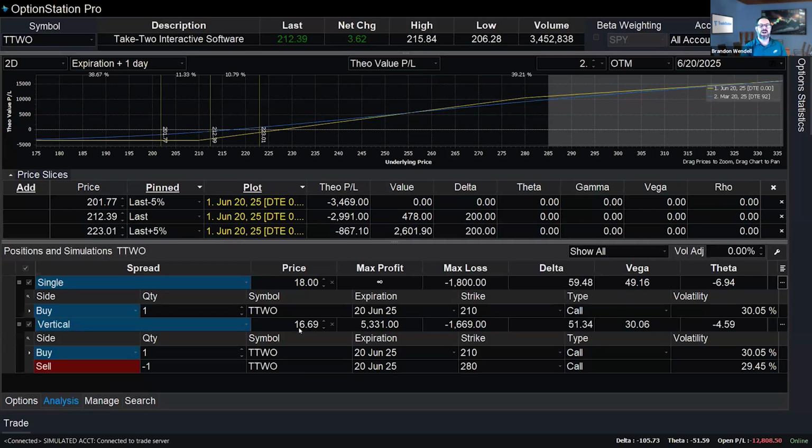So what did I do? I lowered my maximum loss that I could be exposed to. I've reduced my risk by doing that. And yeah, I'm suffering a little bit on the delta, so I won't make as much. Anytime you lower risk in a position, you lower reward. They go hand in hand. You can't have one without the other. I did lower my volatility exposure a little bit, but again, I reduced my cost and my risk, and I reduced my theta, my time decay. So I neutralized my time decay and max loss with, again, neutralizing a little bit of my potential profit.